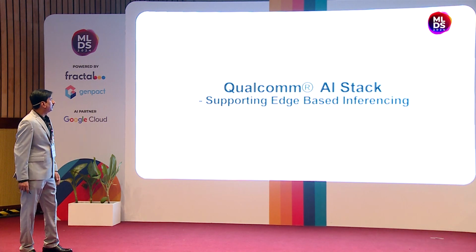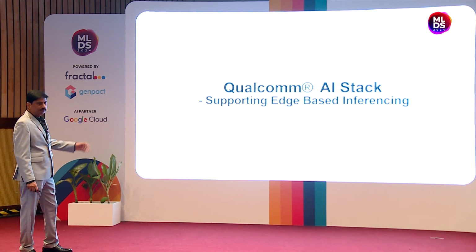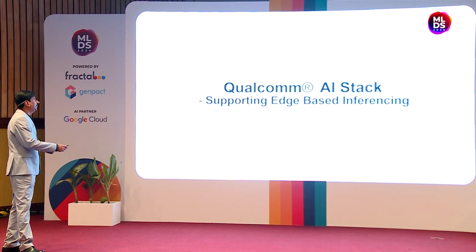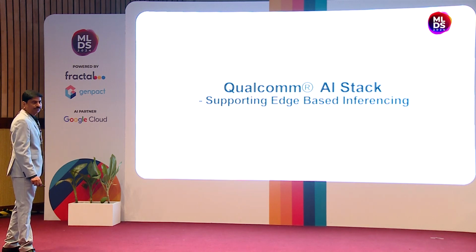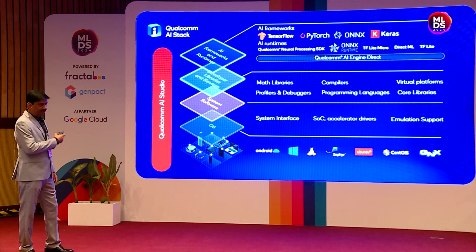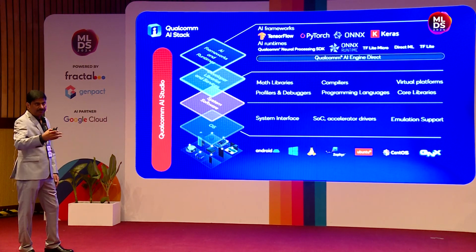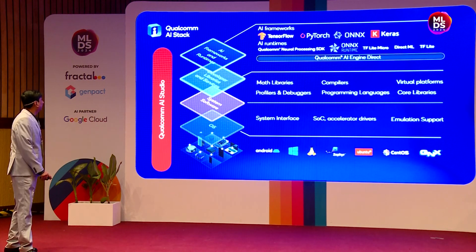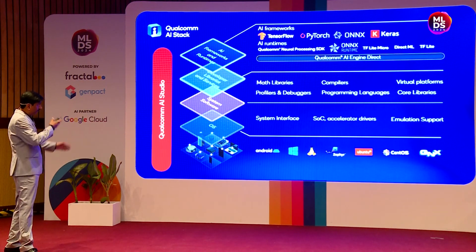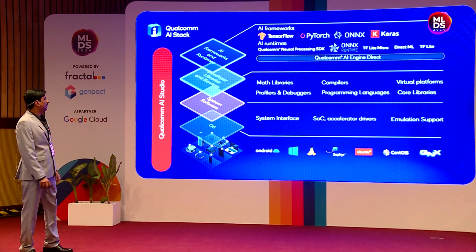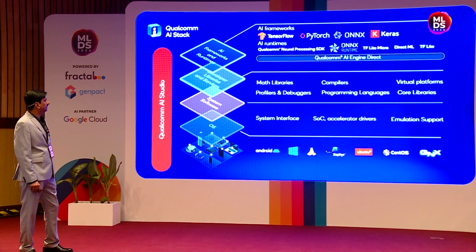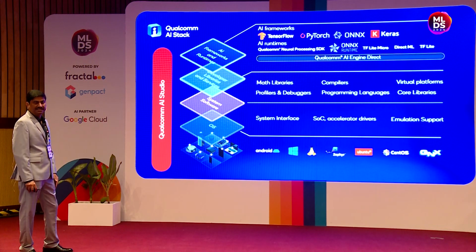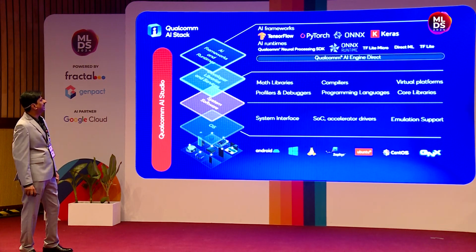I want to briefly talk about what we do in the Qualcomm software stack team. We develop the AI software stack for all the edge devices, ranging from mobile and AR devices to automobiles and ADAS. This is our Qualcomm AI stack, which covers everything from the operating system and system-level interfaces, to compilers and math libraries, and on top of it the Qualcomm SDKs. This is called Qualcomm AI Engine Direct.